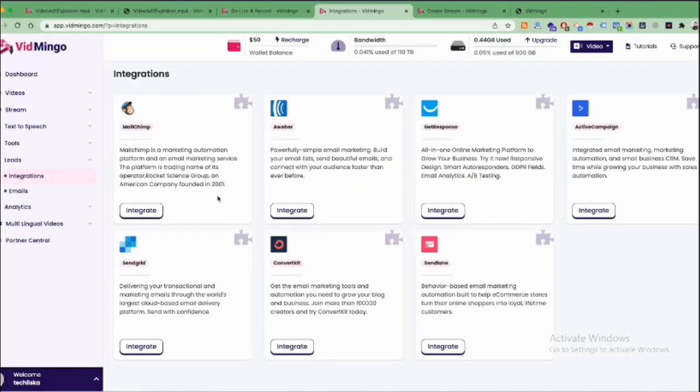Once you have set up the opt-in form inside your video, simply connect with your autoresponder to get this working. Whatever leads are entered in the Vidmingo platform will be automatically synced to your connected autoresponder list. Next, the section goes to the analytics part,